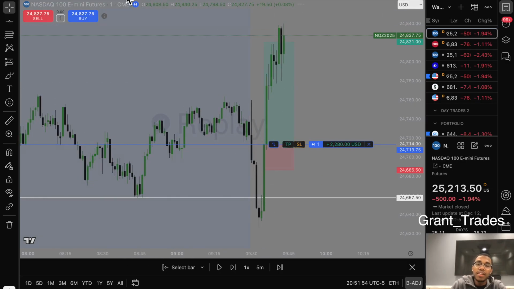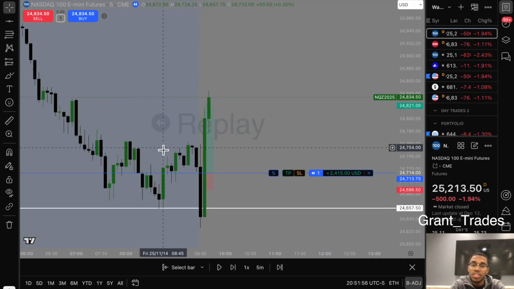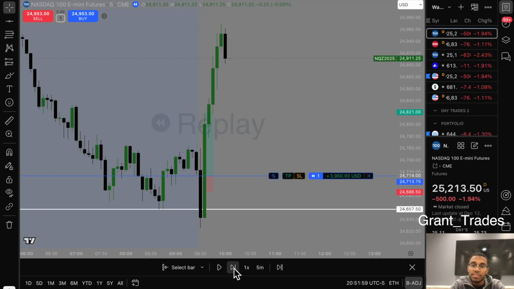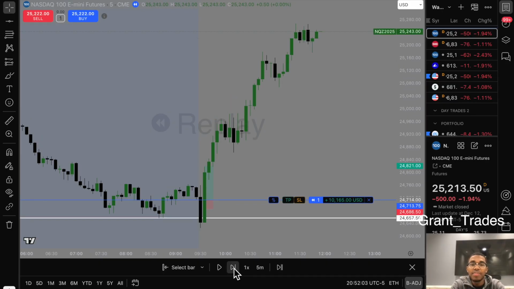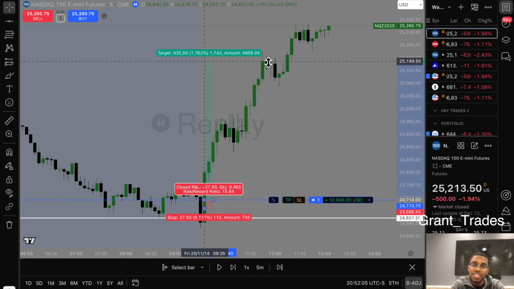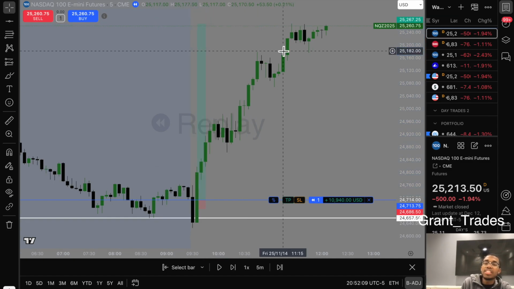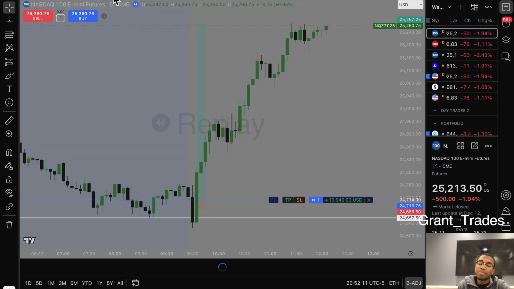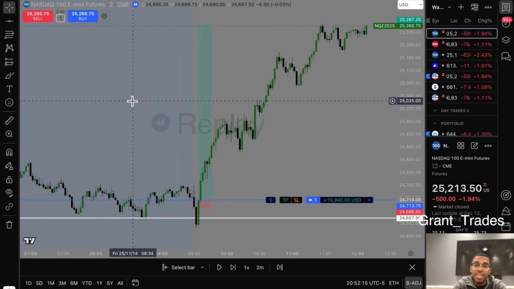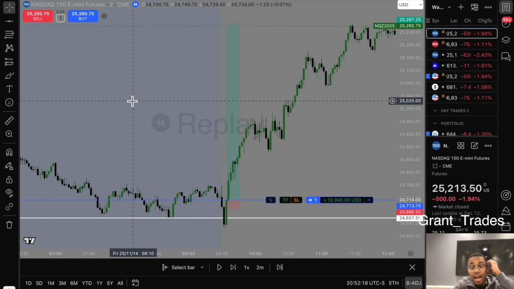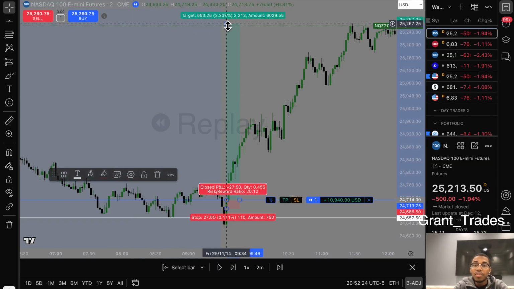But if y'all want to see how this played out, let's go ahead and just see how it goes. Like I said, this trade ran about 500 points. Let's just see how much this is right here. Yeah, this is literally 550 points. This strategy gives a trade like that about once or twice a month. And that's each month. You catch something like this, it's ridiculous. I'm at a point in my journey where I want to get better at how I hold my runners. And I'm going to do that soon. But just know,